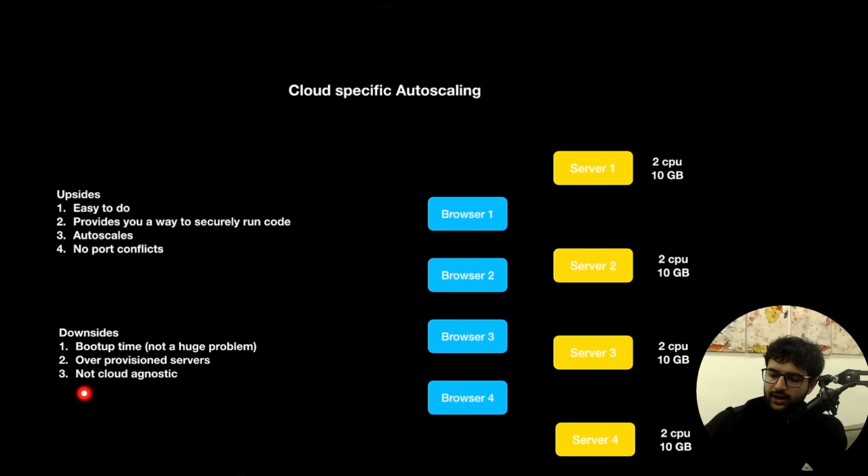Not cloud agnostic. That is a downside. Not cloud agnostic means that AWS has its own autoscaling group. GCP has its own way to autoscale. So if you write the code once, if you write it for AWS, it will only run in AWS. If you write it for GCP, it will only work in GCP. You cannot have a single code base that runs both in an AWS autoscaling group and in a GCP, whatever autoscaling